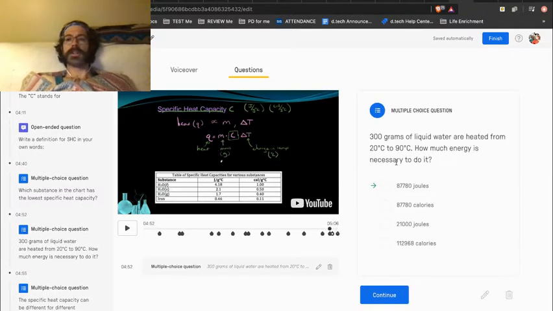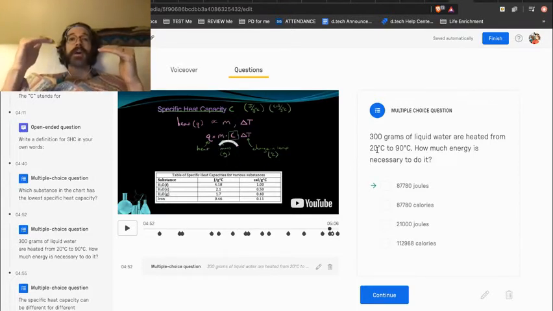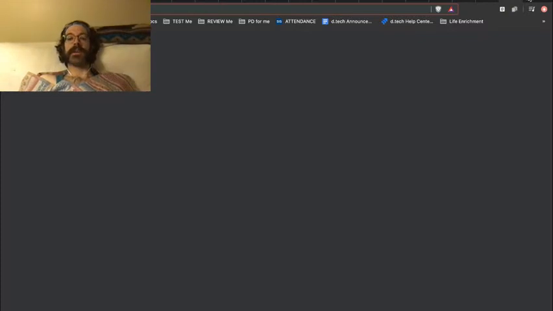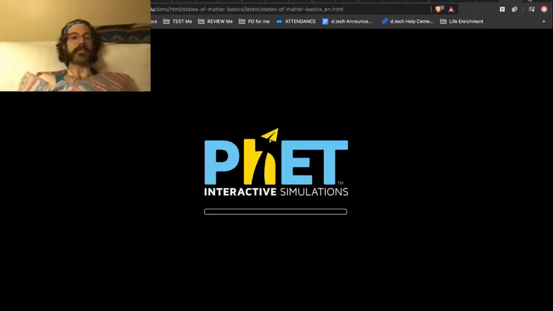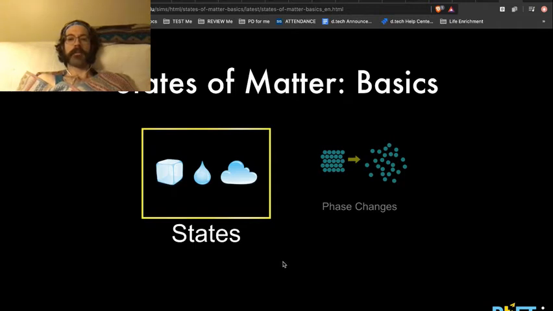So in this question, 300 grams of liquid water are heated from 20 degrees C to 90 degrees C. The key with this one is that the energy you put in is tied directly to the change in the temperature. So if you start at 20 degrees C, that means that 20 degrees C represents how much energy you currently have. One way to think of this is if we were to go to a PhET simulation, the states of matter simulation,